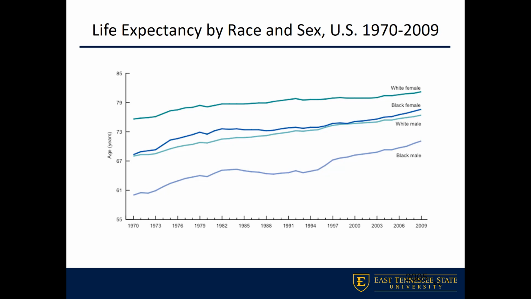So women, both white women and black women, live longer than white men and black men. But white women live longer than black women. And it's a pretty decent difference when we look at this. And there shouldn't be a difference in health based, again, on this social construct of race.